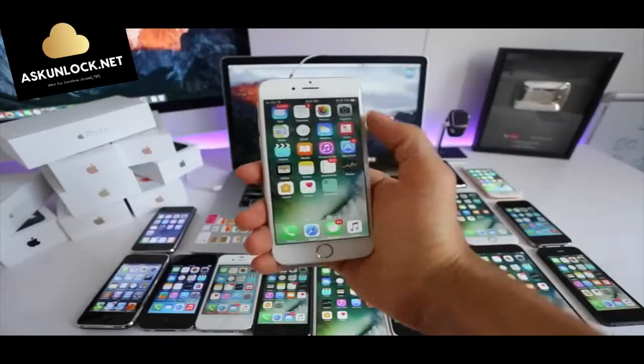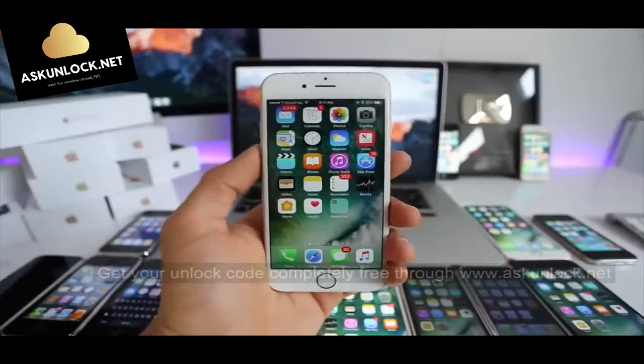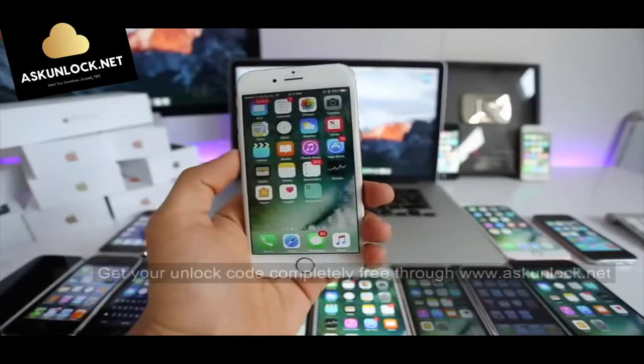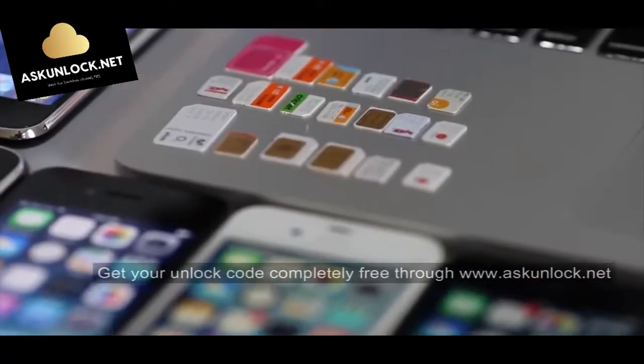So now I will show you how to do a factory network unlock. In my opinion, this is the most valuable way to unlock your phone, and once you have an unlocked phone, you will be able to resell it at a higher price, and your phone will be compatible worldwide with all